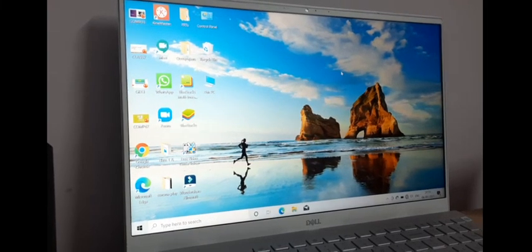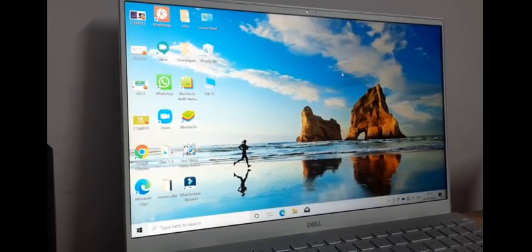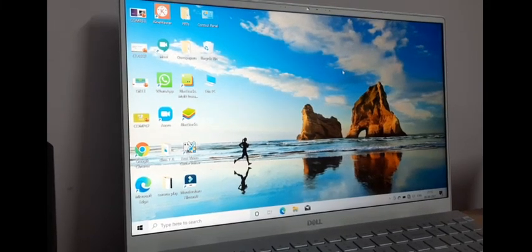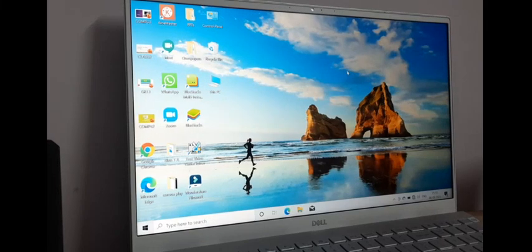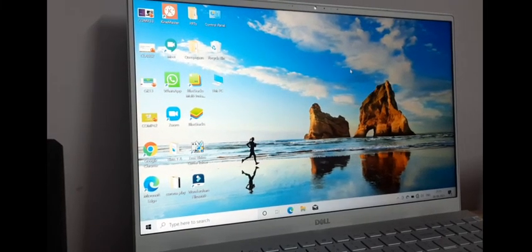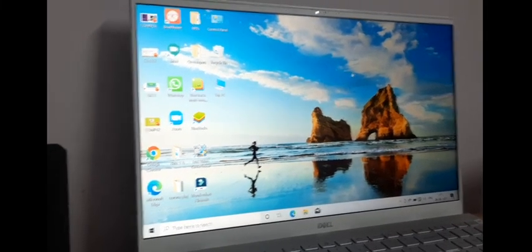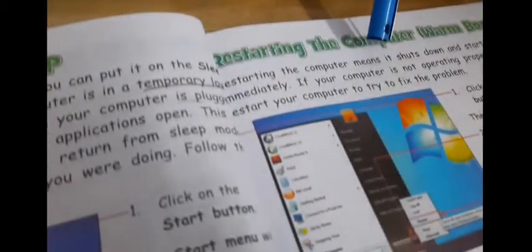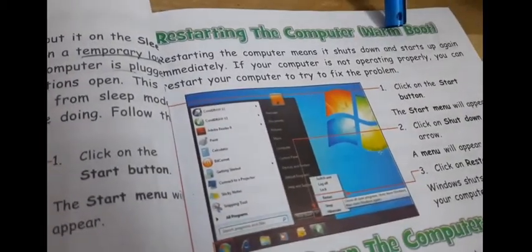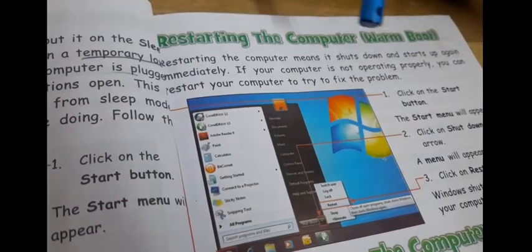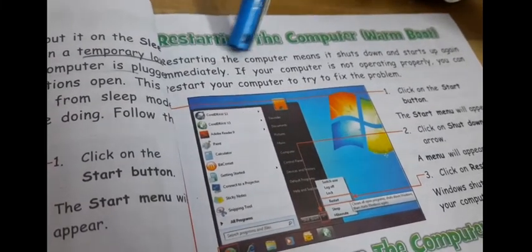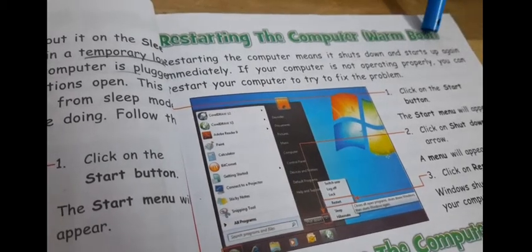Another thing which we are going to do, which is on page number 33, that is restarting the computer and shut down the computer. So children, I have already told you that what is restarting the computer means. Remember booting? So when you start the computer, that is cold booting, but when you restart the computer, that is warm booting.